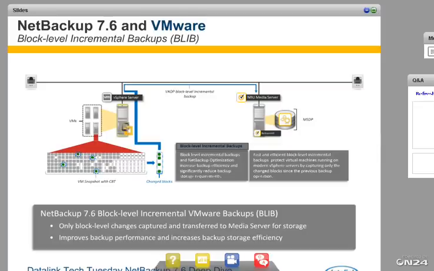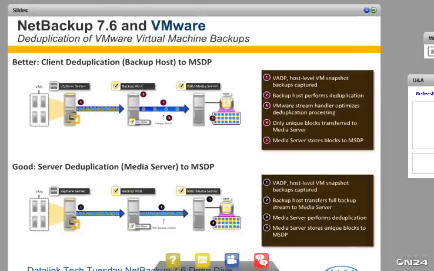Lastly, let's talk about some deduplication. And I'll give you kind of a good, better, and a best scenario. So as we see the data coming in, we'll say at the top here in this better scenario, we see it coming in from the vSphere server, hitting our backup host and getting deduped there, and then going to our storage server. We see that the data now being deduped is a lot less than coming from vCenter, and then that's in turn written to the disk pool where it stores our data, and it's only those unique blocks that are